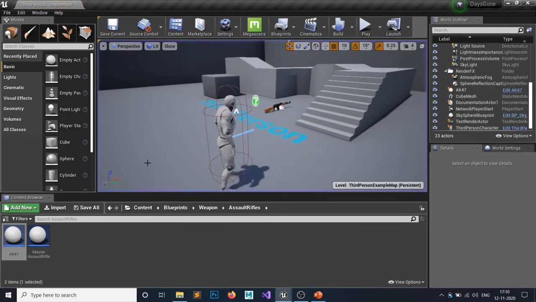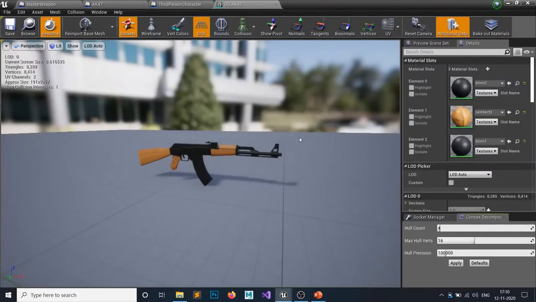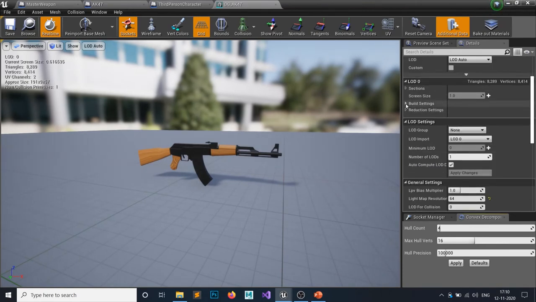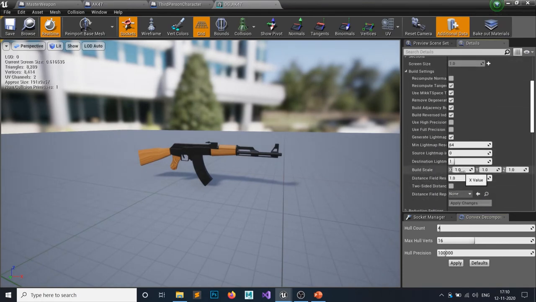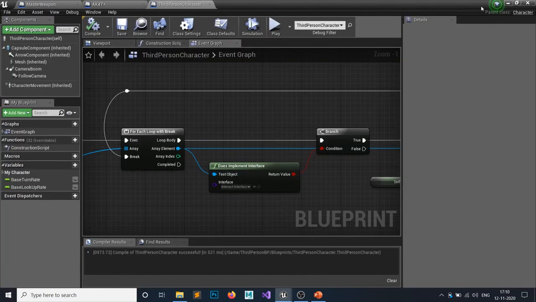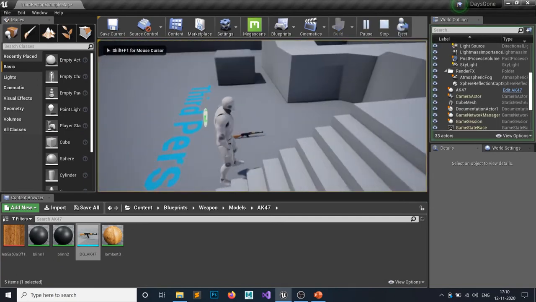Oh, the model is so big, so I want to set the model scale. So open up your static mesh, and in the static mesh you can see these build settings. My build scale is 1. Let's go with 0.5, 0.5, 0.5 and apply changes. Hit save. So let's just check it out. How does 0.5 look? 0.5 is just fine for me.